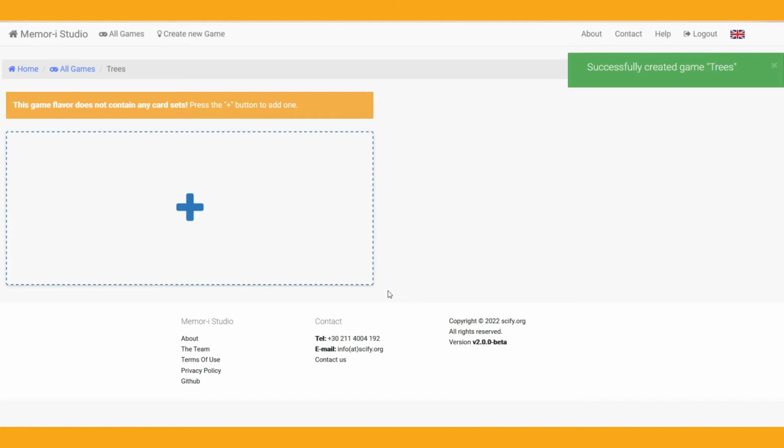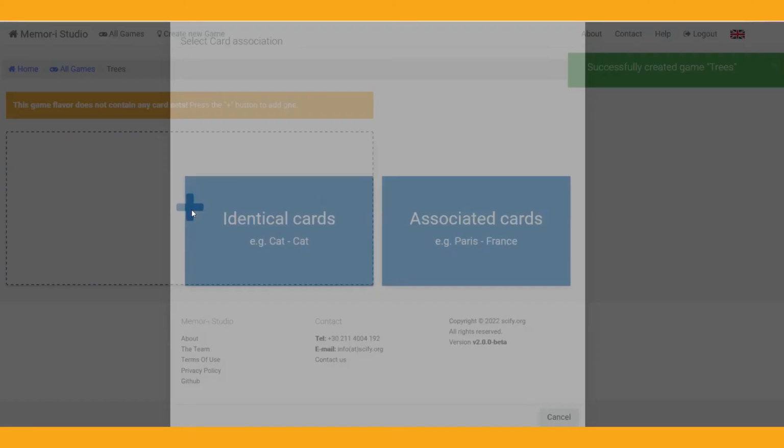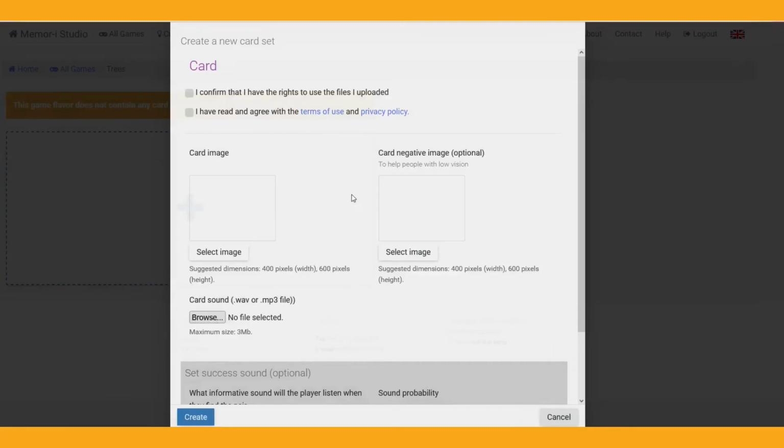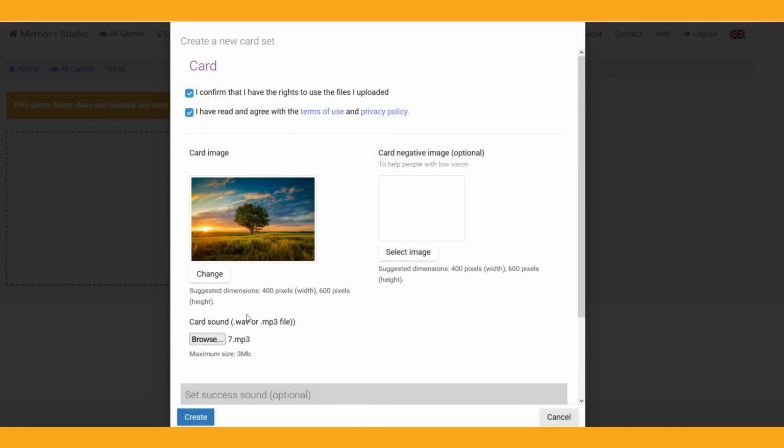Then, it's time to create the game cards. Each pair consists of either two identical images or two images related to each other. Every image must have a sound that describes it, so don't forget to have the audio file available.